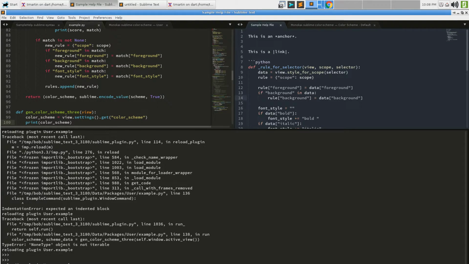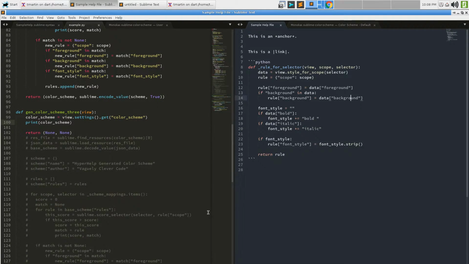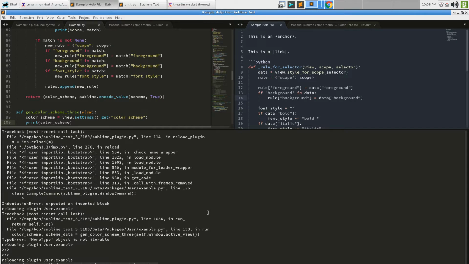In that case, the color scheme setting had to be a full package reference like this. But now that it's this new version that combines together with other files of a similar name, it doesn't do that by default.